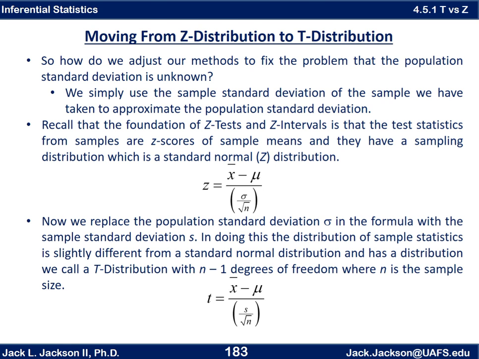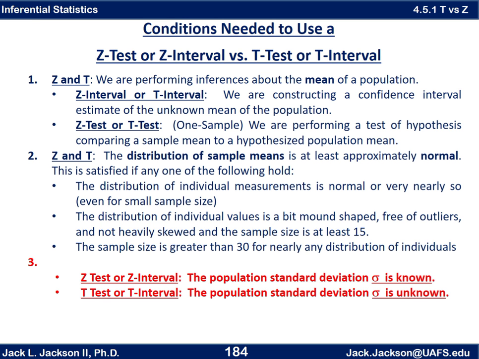Now we've looked at t-distributions before, but we will review these some in our next video. Now let's review one more time the conditions used for a z-test or z-interval versus a t-test or t-interval. Z and t, either one, we're performing inferences about means of a population. If it's a z-interval or t-interval, we're constructing a confidence interval estimate of an unknown mean of a population. A z-test or t-test, one sample version at least, we're performing a test of hypotheses comparing a sample mean to